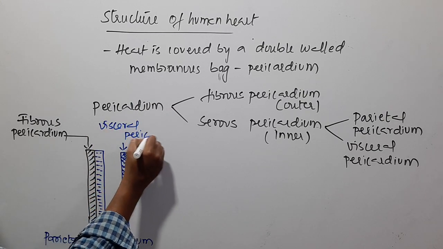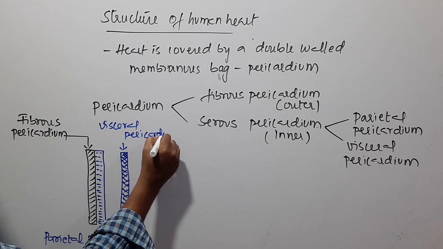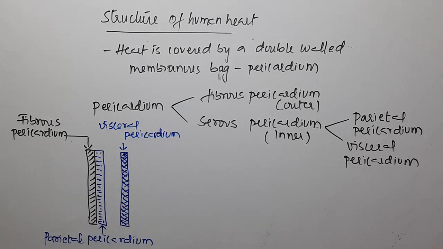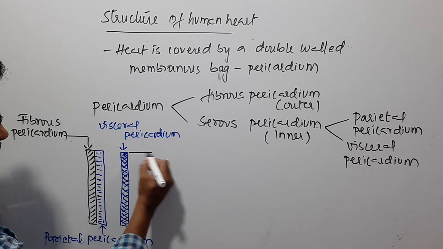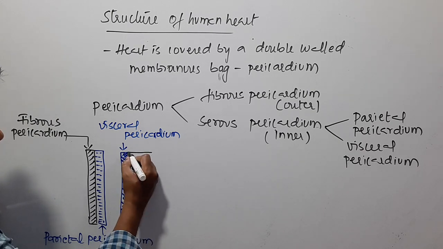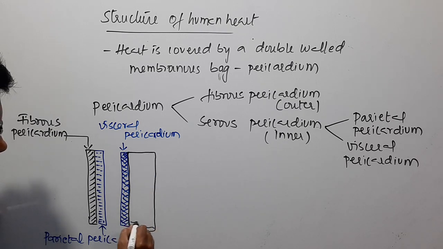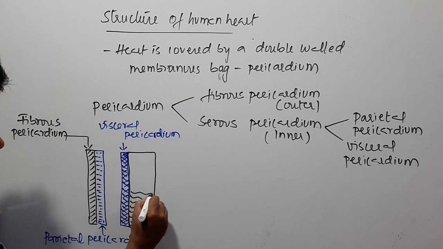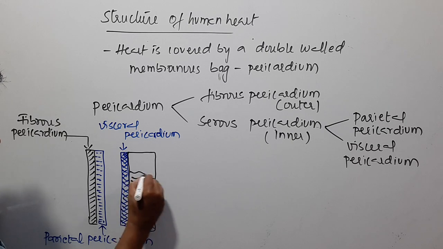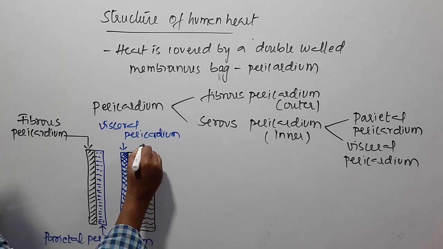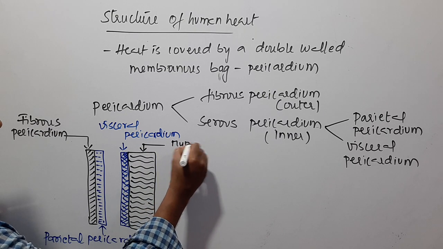The visceral pericardium will be in close contact with the muscular layer of the heart, that is the myocardium, which forms the major portion. This is the myocardium,